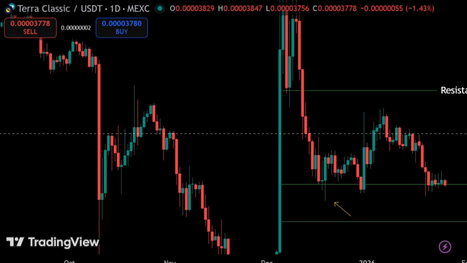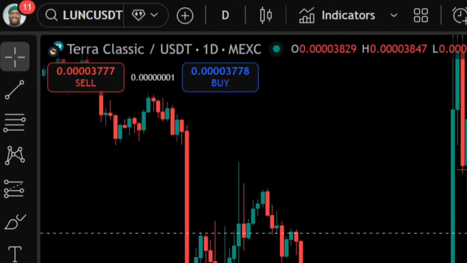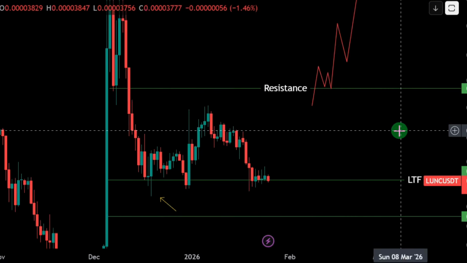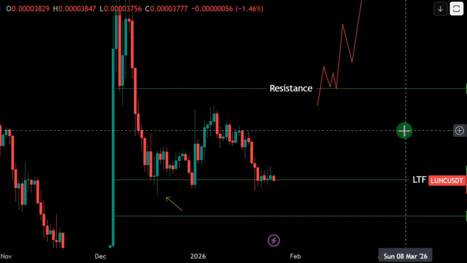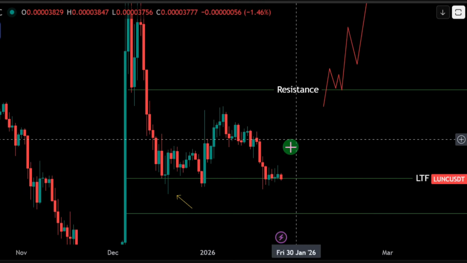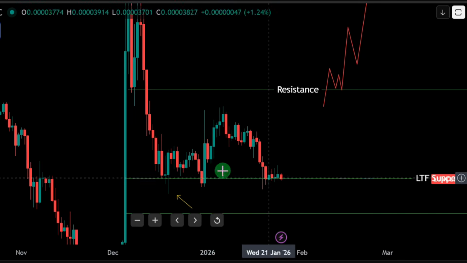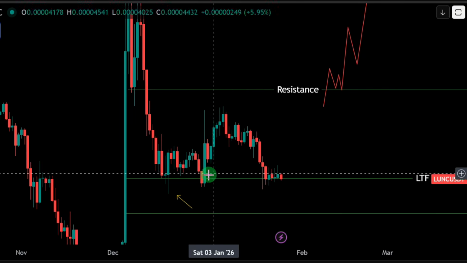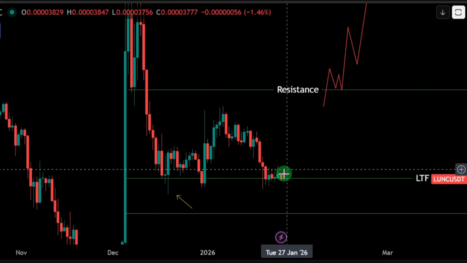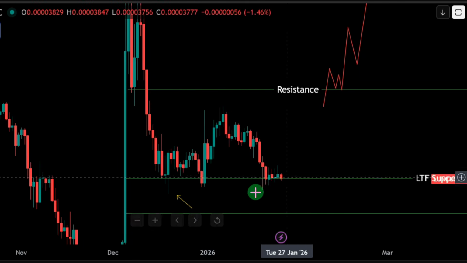Let's talk about Terra Classic real quick. This is the Terra Luna Classic price chart on the daily time frame with the ticker symbol of LUNC. Now we are currently on the daily time frame, and the only thing that has changed so far is we tapped into this support territory I brought to your attention a few weeks ago. So we are now back into that zone, and from the look of things, I think we should get a